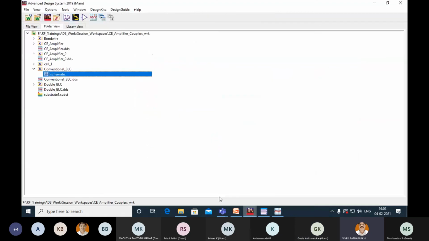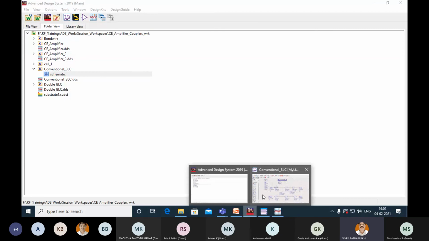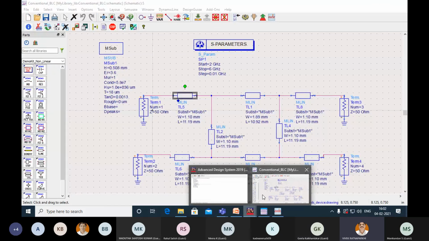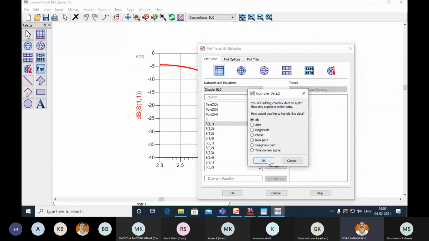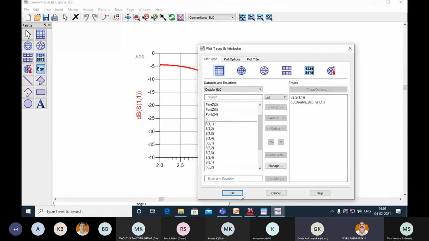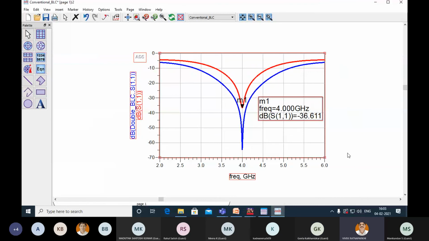Ensure you have given the name double BLC. So select that data set. From data sets and equations, you were in conventional, select the double BLC, and take the parameter which you are interested to plot. Let us take S11. So it will be superimposed.